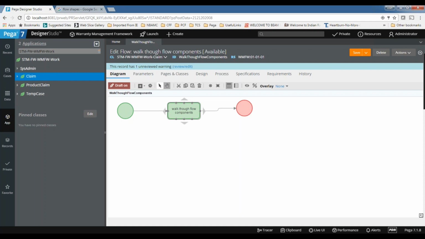The human should interact with the system, meaning the user should provide some input to the system to go further. So if you want to display some UI in your application, you can use the assignment shape. It is useful to display the UI on the screen.